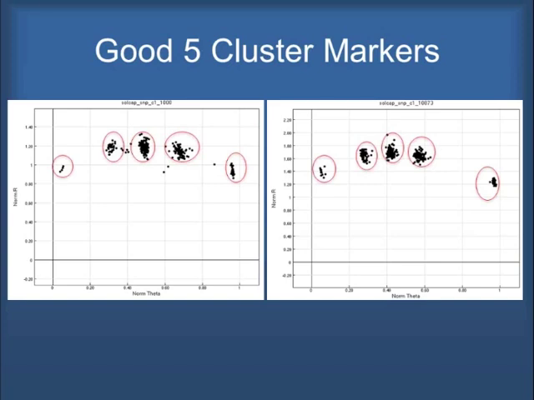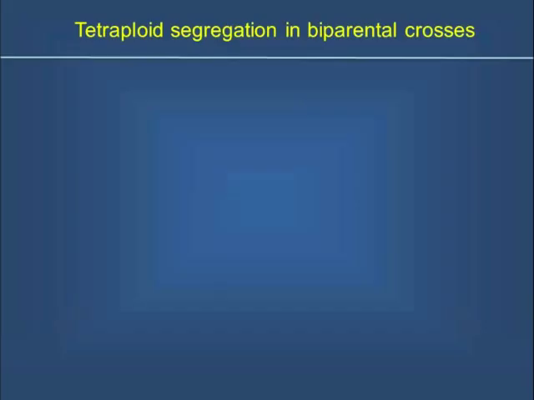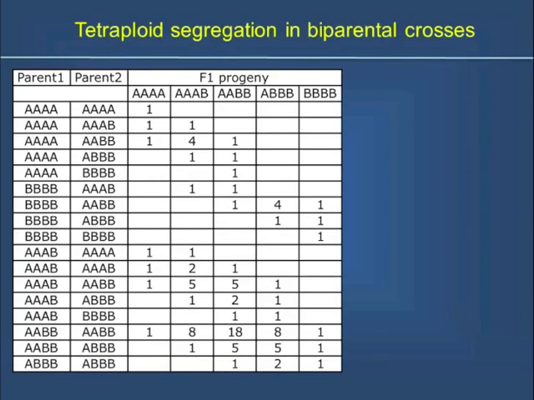I just want to point out here that you can see what happens is that the Genome Studio software kind of puts a circle around the different clusters. And so if they fall outside of that, those are the ones that you want to exclude from your analysis, or consider excluding. And so when you're dealing with the tetraploids, you have all different types of